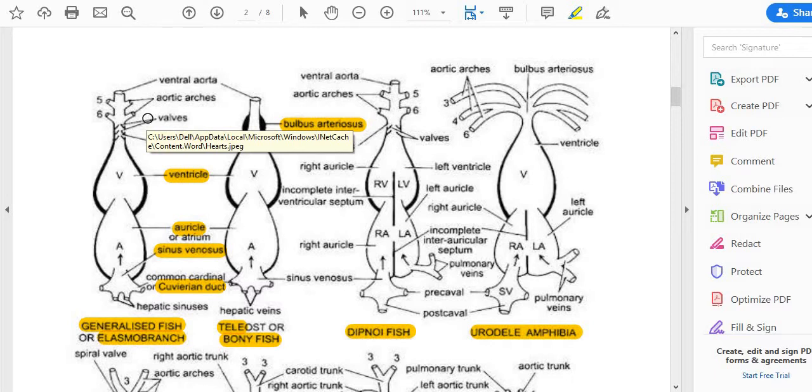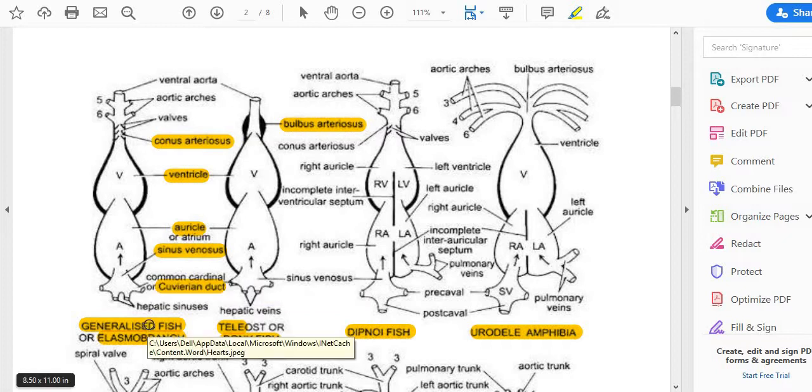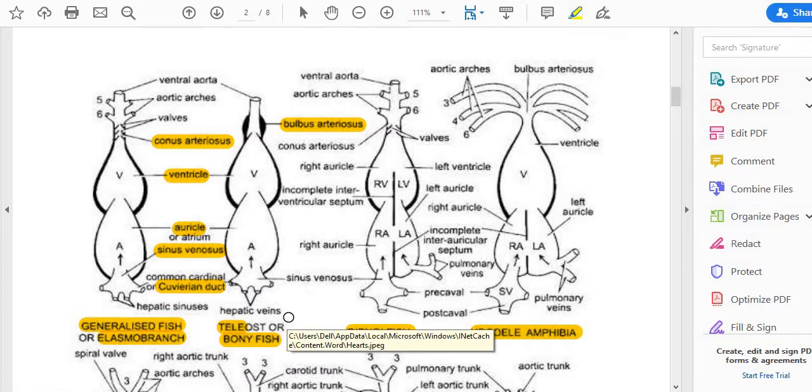So basically in cartilaginous fishes we find 5 pairs of aortic arches. About these aortic arches, in the next session I will be explaining in depth. So next, after the chondrichthyan heart, we have to read the amphibian heart. But before studying the amphibian heart, let us know how the heart is present in the case of bony fish and dipnoi fish.